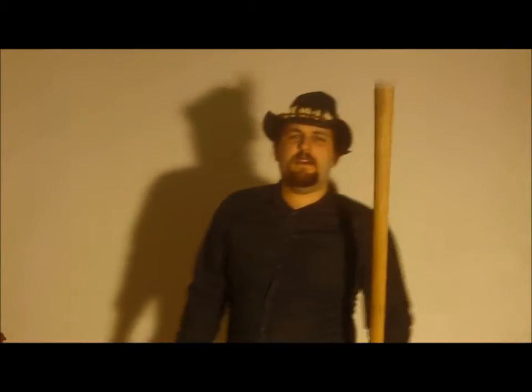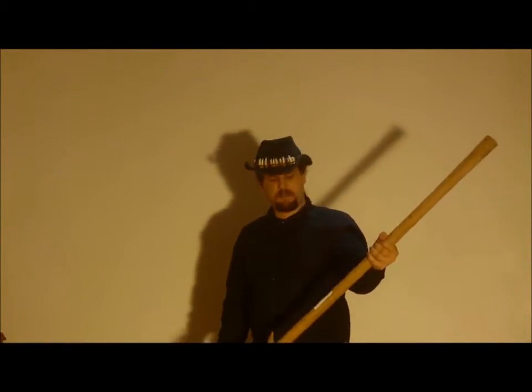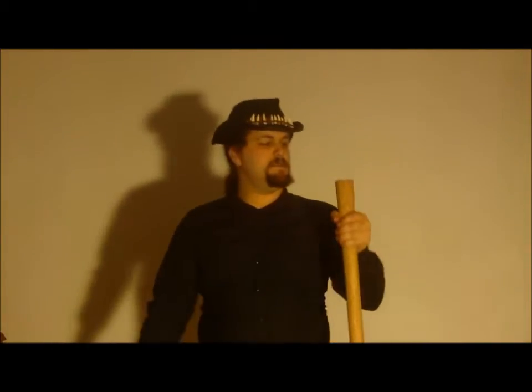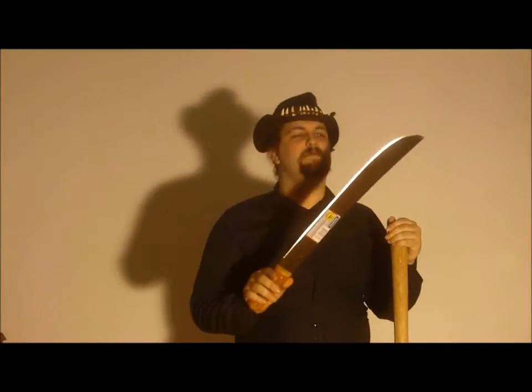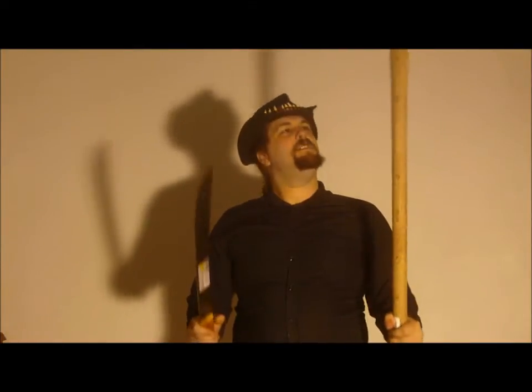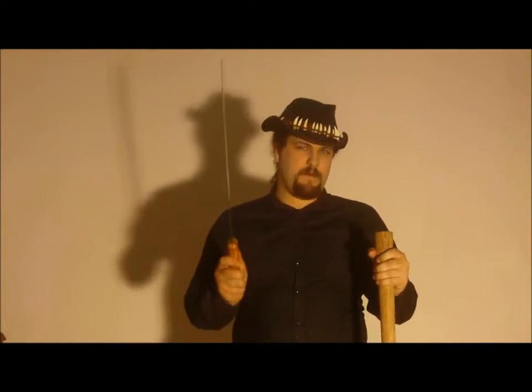Everyone, I have a DIY weapon build I want to share with you. I want to combine a nice 4-foot pole, this is a hoe handle, nice piece of hardwood, with a nice machete. Now, I wouldn't mind wagering that either one of these would be quite deadly against a zombie, but what I'm